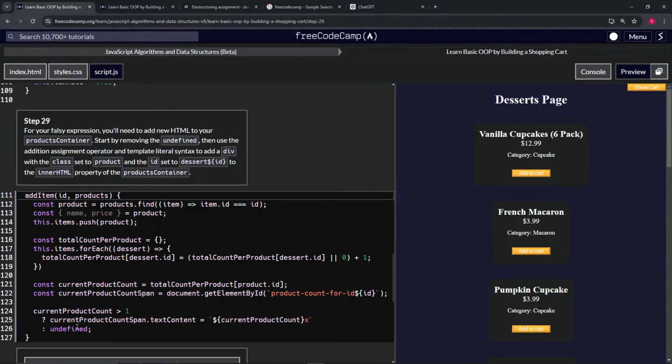So products container.innerHTML, products container.innerHTML now equals